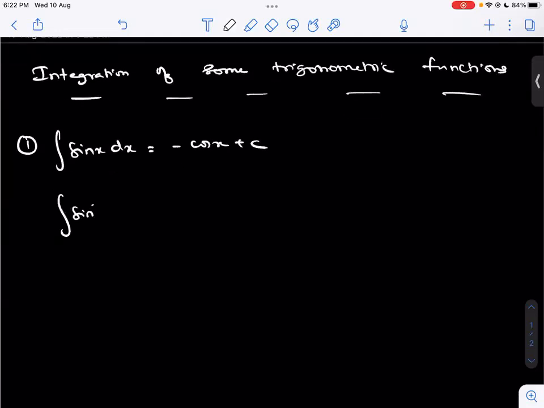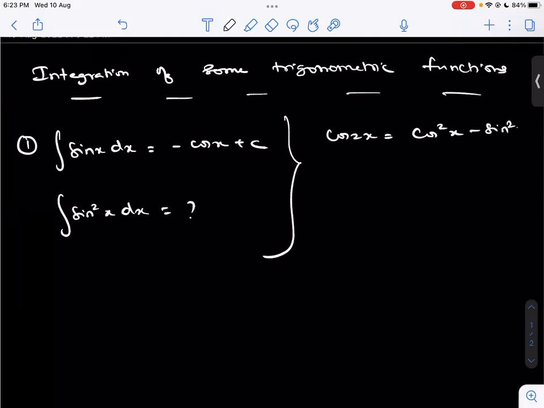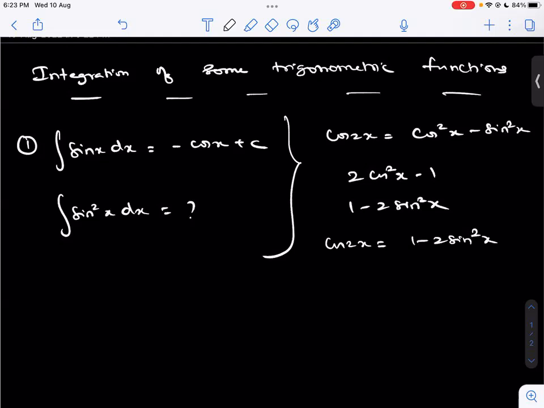Whereas integral of sin square x dx, if I ask you what is the value, you cannot find it directly. So for that, we need to use certain trigonometric identities and then solve them. From your last year's concept, if you recollect, cos 2x can be written as cos square x minus sin square x, or 2 cos square x minus 1, or 1 minus 2 sin square x. So cos 2x is equal to 1 minus 2 sin square x, then